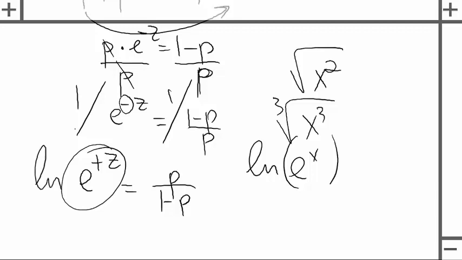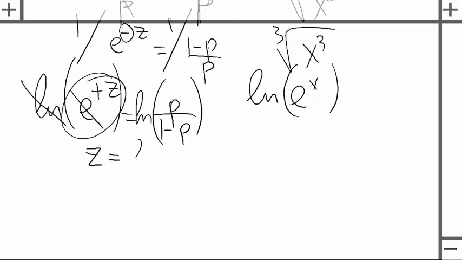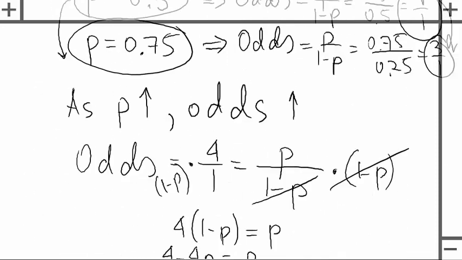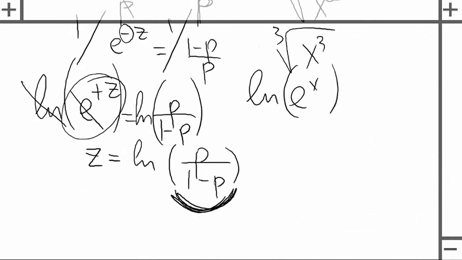I'm going to take the natural log of the left side and the natural log of the right side. So natural log will cancel e, and on the left side, I'm going to have z equals ln of p over 1 minus p. Well, guess what? What's this portion right here? Let me go back. This is the definition of odds. That's why I was telling you this whole story about how we can calculate the odds from the probability. So, on the right side, I have nothing else but natural log of odds, that probability